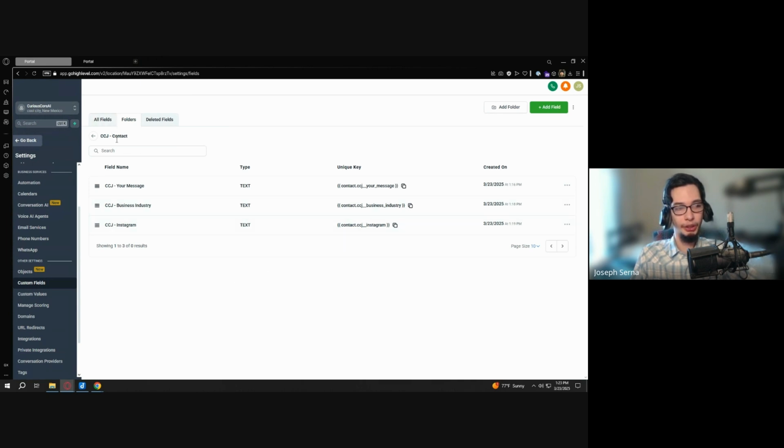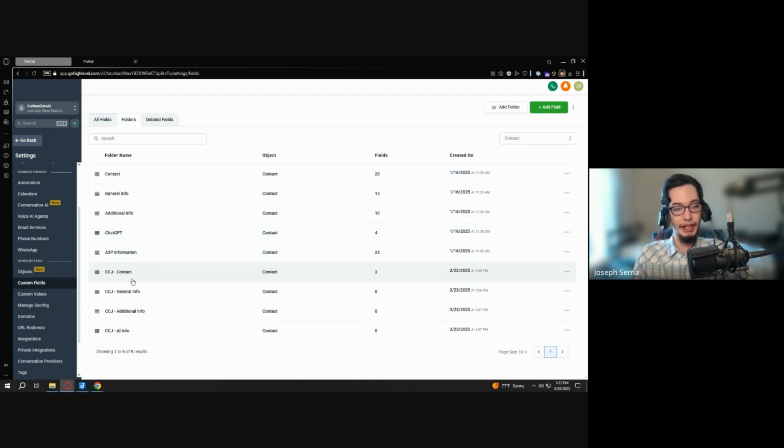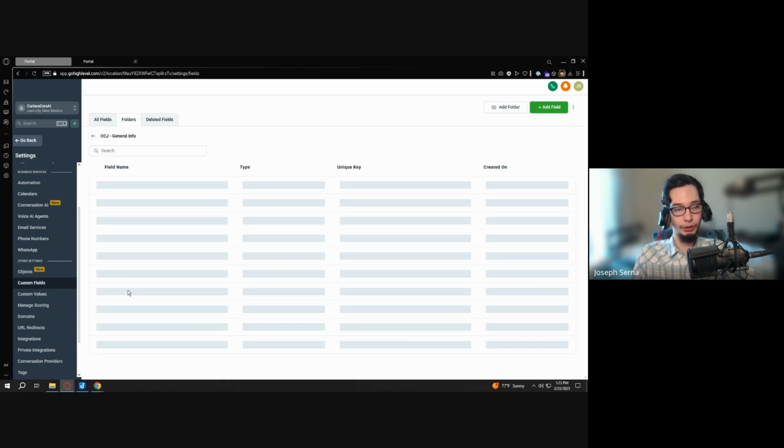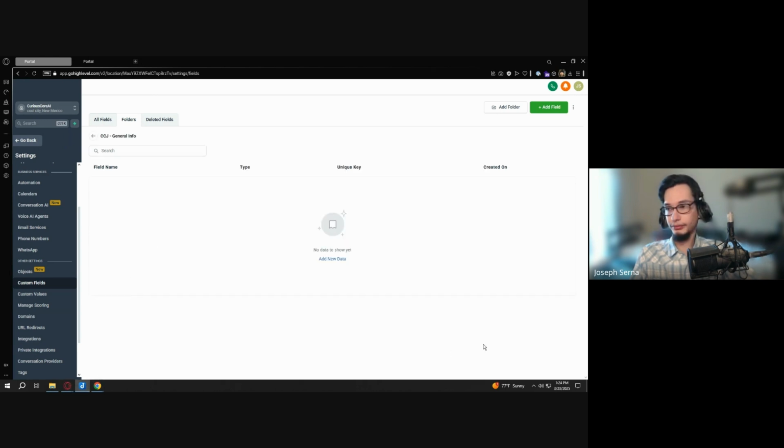Okay. So now we are done with the contact folder. We're going to click the little back arrow next to the name of the folder. And now we're going to do general info. So we're going to click into the general info folder. Also, once we're done with phase 1,